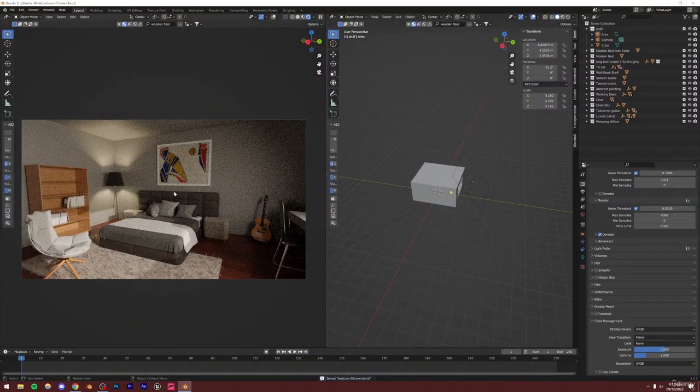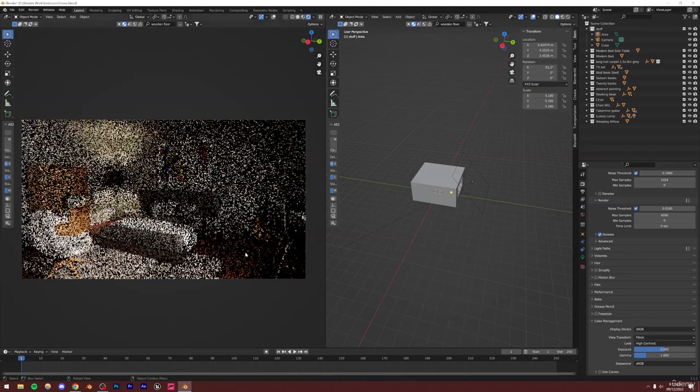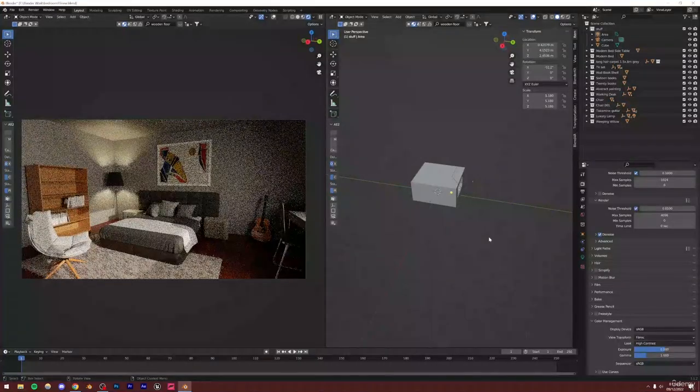It looks very flat and there is basically no contrast to it. So I'm going to be setting this look to high contrast, and you're going to see that it immediately makes the whole image pop and it makes it look pretty good. One thing which I am going to be doing now is increasing the intensity of